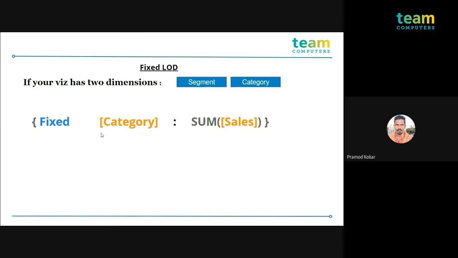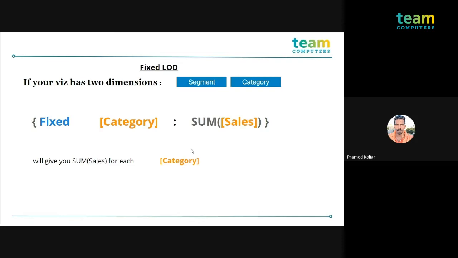The fixed level of detail excludes all the dimensions that are present on the green shelf that I showed in the slides. Whatever you place in your dashboard, it will always calculate the sum of sales with respect to the category. Fixed indicates that it will ignore everything other than the category that you place in the dimensionality. So that will give you the sum of sales for each category.